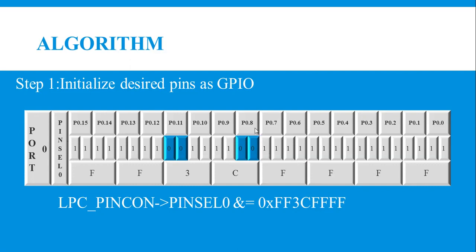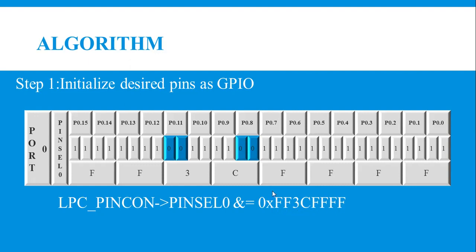So you have to make the corresponding positions for the 8th pin as well as the 11th pin as 00, and the rest of the bit positions should be padded with 1, so that you ensure only the 8th pin and 11th pin are altered as general purpose input output pins, and you do not affect the functionality of the other pins. The corresponding value in hexadecimal is